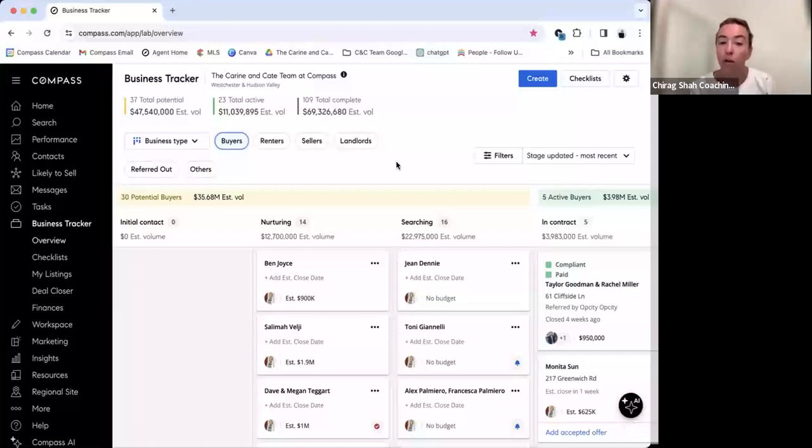My nurturing category is really people who I know will likely buy at one point, maybe, maybe not, but it's looking that way. Those are the people I would count as my follow-up people on my list. The same thing goes for sellers, renters, and landlords. I don't do a ton of rental work, but it would be the same if that ends up being the majority of your work. Any questions or feedback on my thought process there?